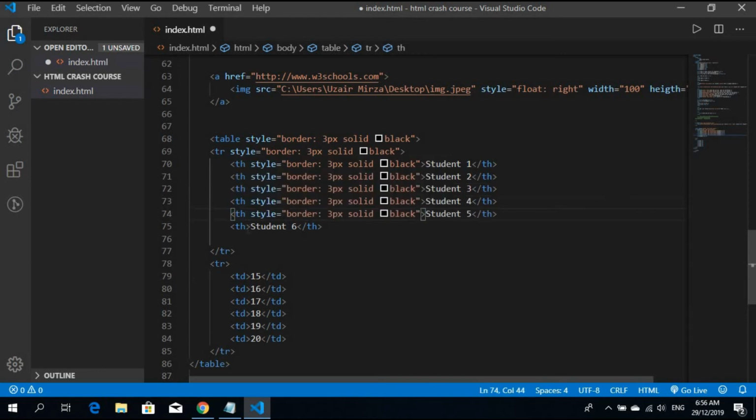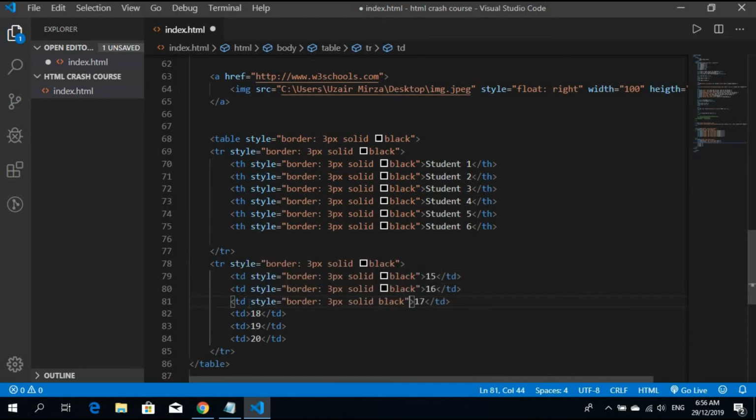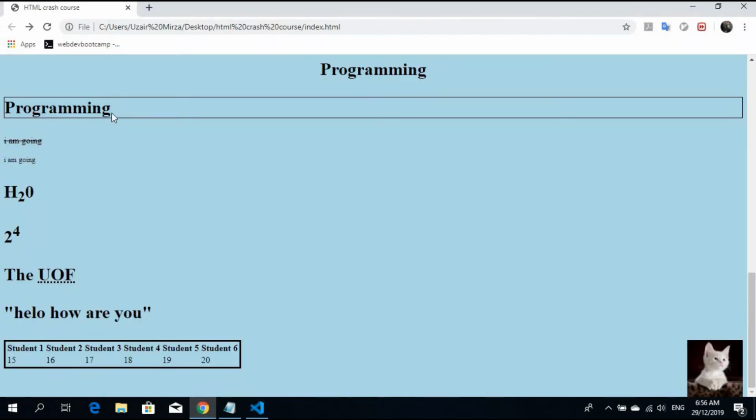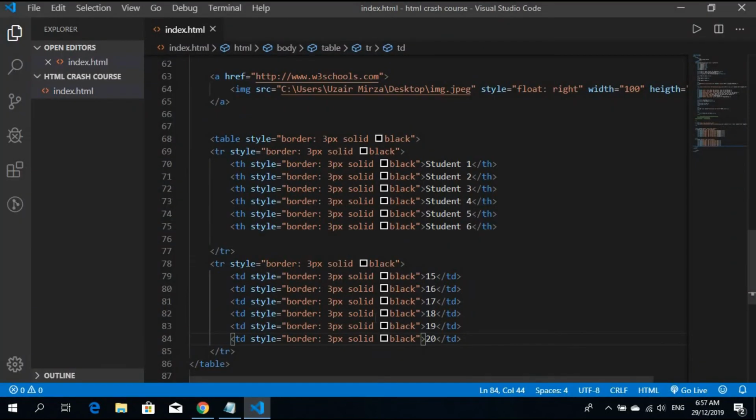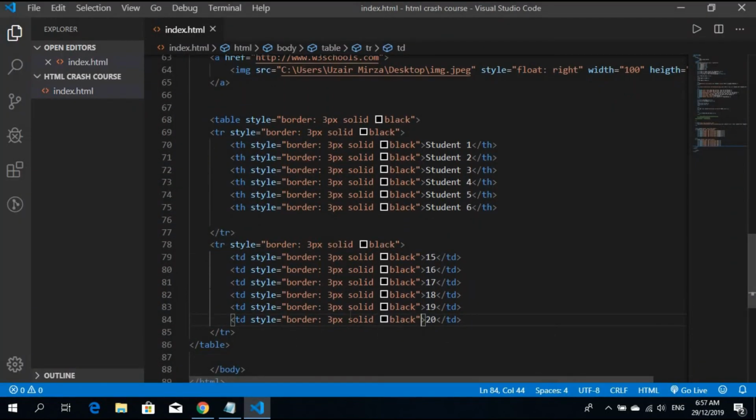All the table headings should have this style attribute. Now also for the table data, we want to create a border between every student data. So save it and let's see. So you can see there is a table, a good table, which shows the data of 6 students and their marks. So that's how you can create a table,